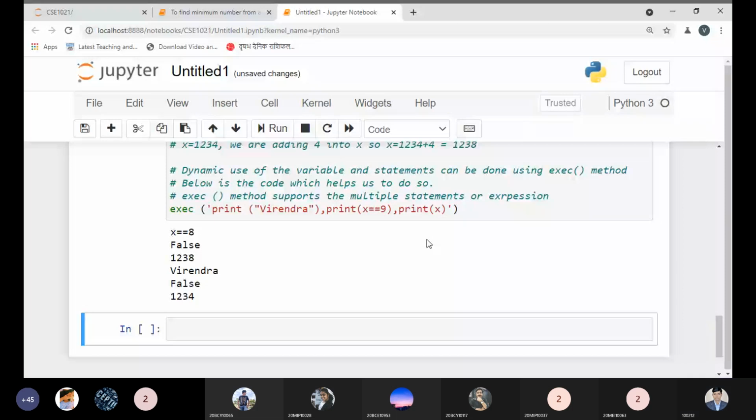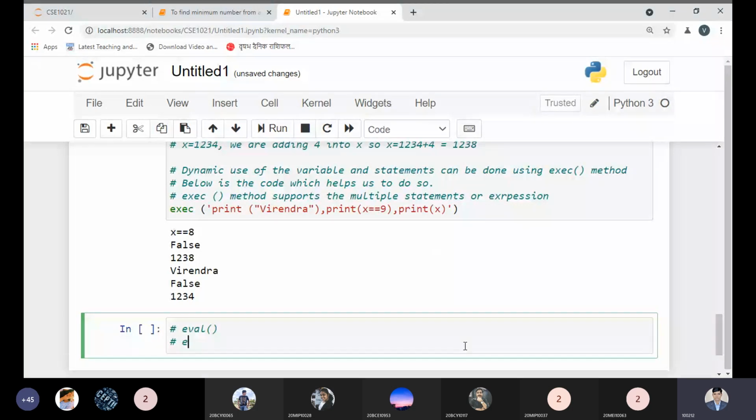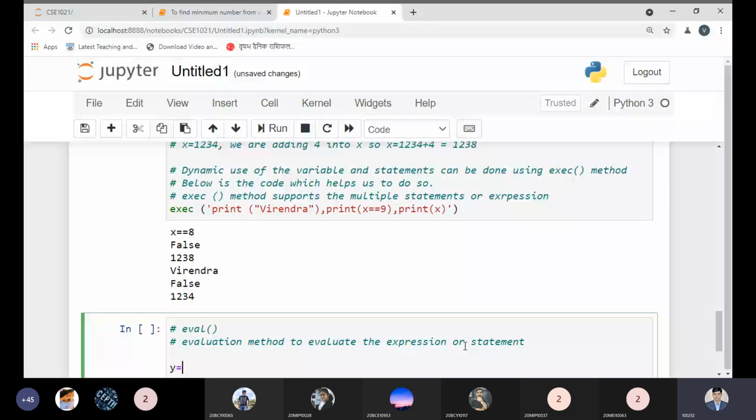No, sir. Okay. Next, we have the eval method. This eval stands for evaluation. So this evaluation method is used to evaluate expressions or statements. Let me take a variable y is equal to 653.